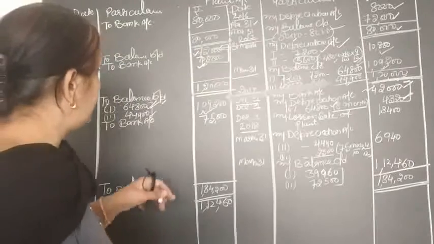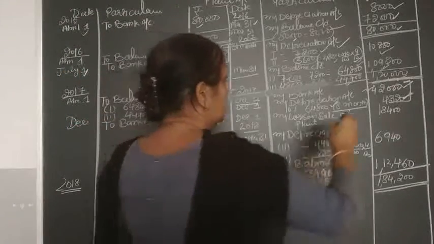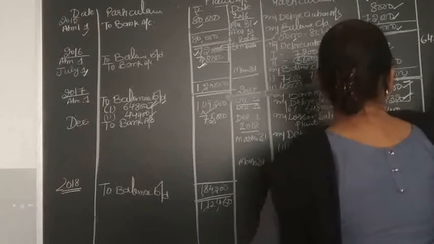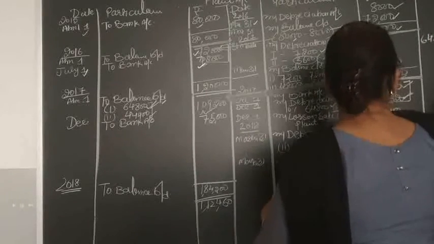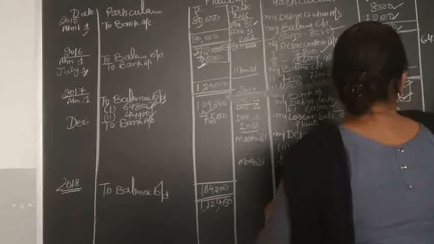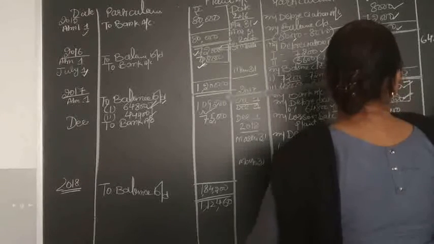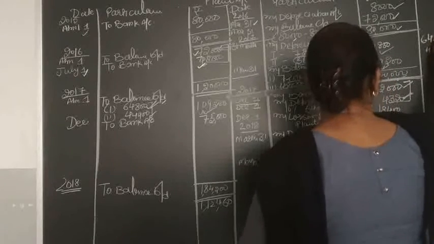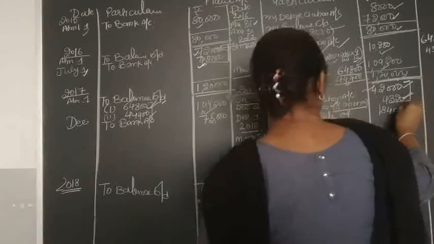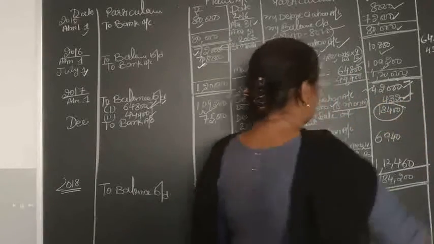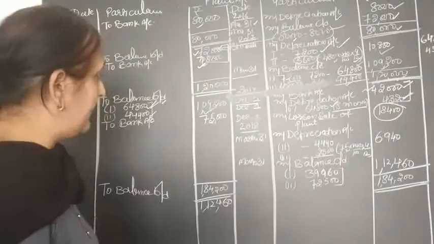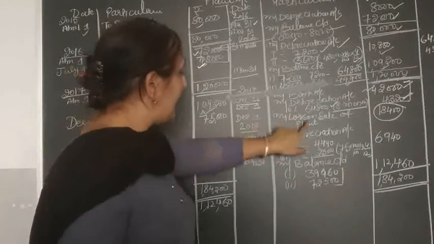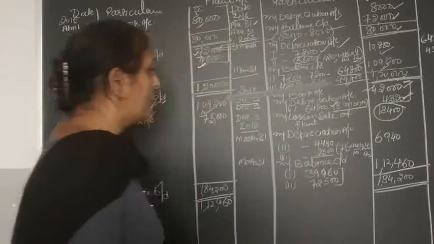Sale amount 42,000, depreciation amount 4,320. Now we have to find out the profit and loss. The present value of the machinery is 64,800 and it is sold for 42,000 plus 4,320 depreciation. So the total sale value is 46,320 and it is deducted from the present value. So the loss on sale of machine is 18,480, shown on the credit side of the plant account. December 1 by loss on sale of plant.